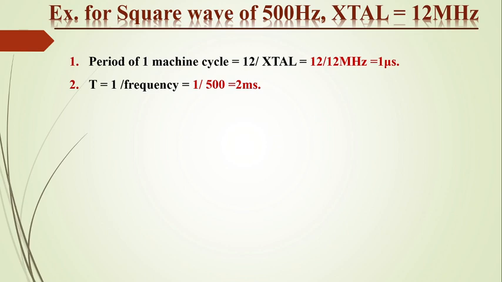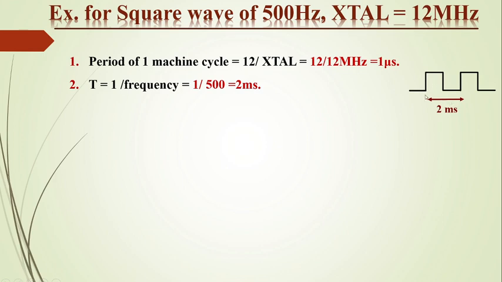Now here we have to generate the delay for a square wave. So we have to convert this frequency into time. Here we are using T equal to 1 upon F, that is 1 upon frequency. To get the time period of this square wave, 1 upon 500 hertz, we get 2 milliseconds. So here is the square wave of 2 milliseconds. We have to generate a square wave with a time period of 2 milliseconds. So this is the total time period of this square wave.